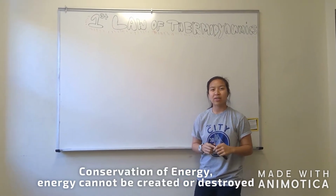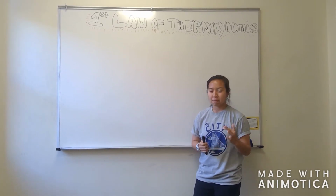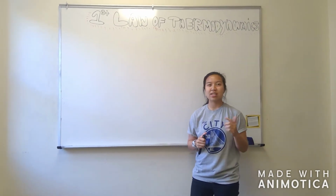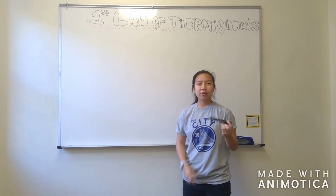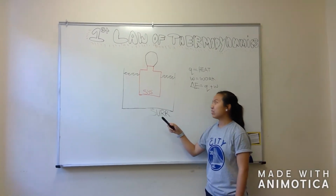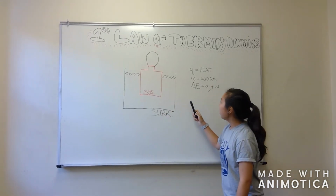To prove that this point is valid, we are going to be doing an experiment which indicates that boiled water inside a bucket will transfer its energy into a bottle and a balloon attached to it. The balloon and the bottle act as a system, and the boiled water will be the surrounding. Energy is being transferred from the surroundings into the system in the form of heat, and it's equal to delta